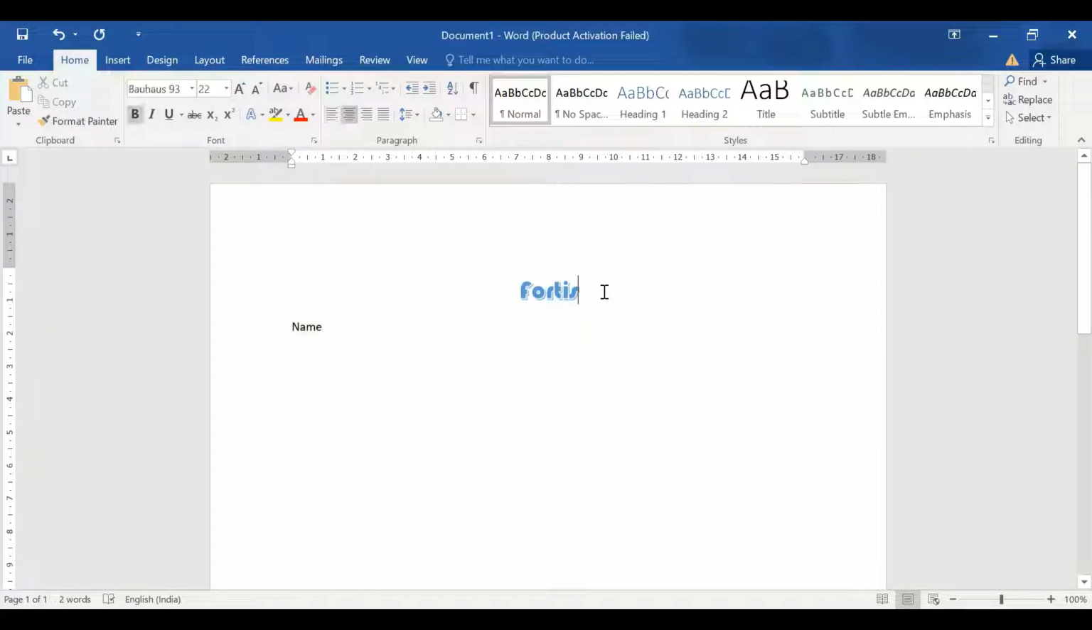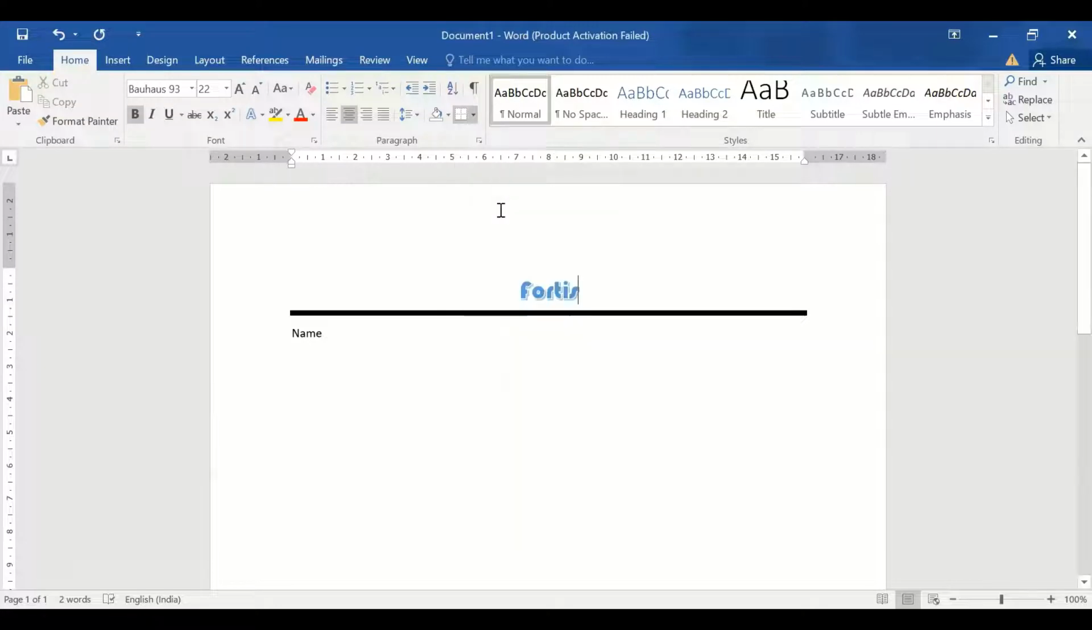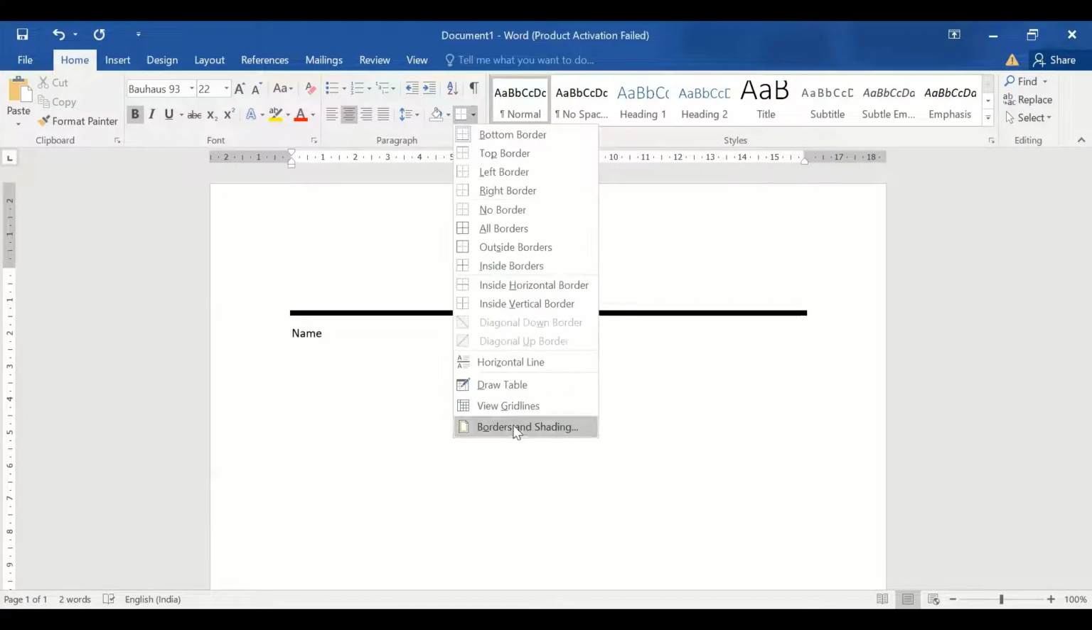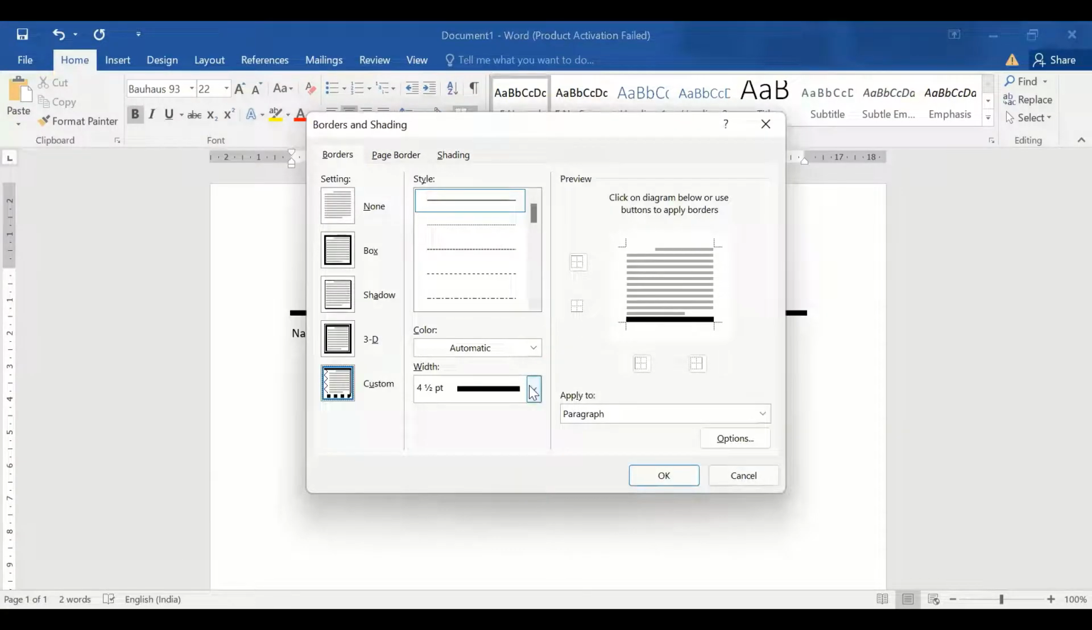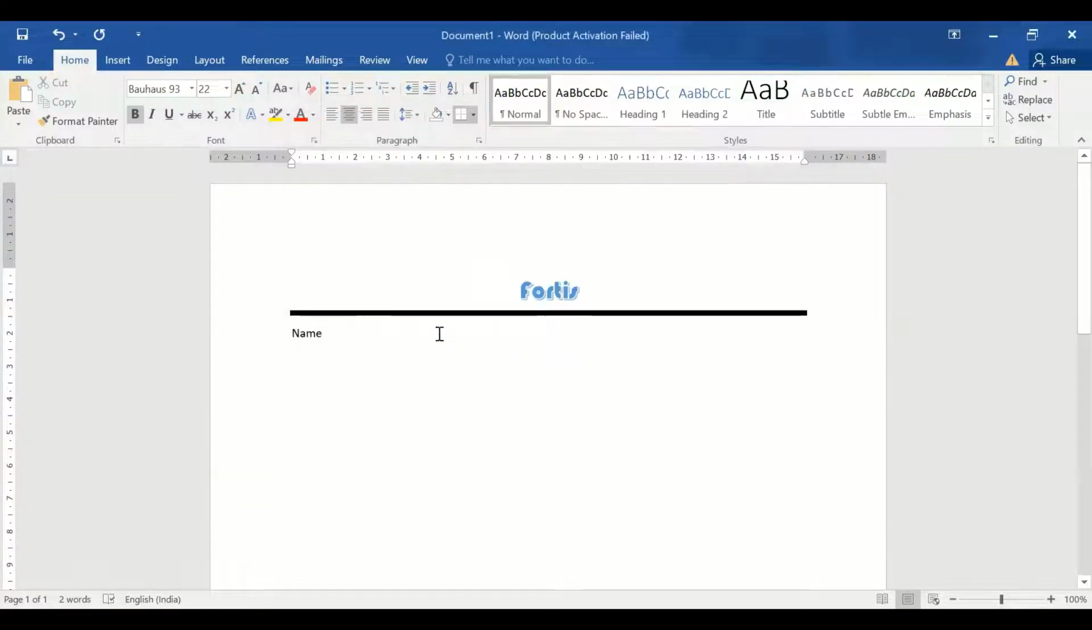What we want after that is a categorization of the page. The page should be categorized into two sections. For that categorization, we'll use a border, the bottom border. If your border is not suitable, you can change it from Border and Shading from here. You can choose thick and thin as per your requirement, right? After that,